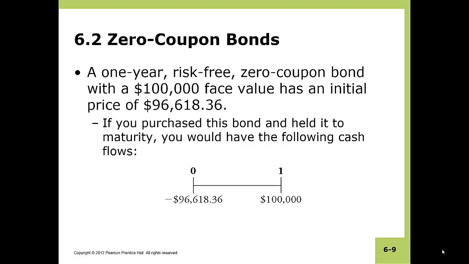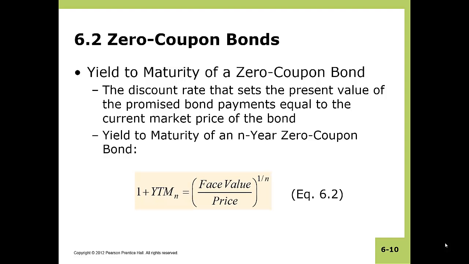So N is 1, the interest rate is what we're trying to find, present value is 96,618.36, future value is 100,000, no payment, payments per year 1. When you solve for the interest, you should come up with